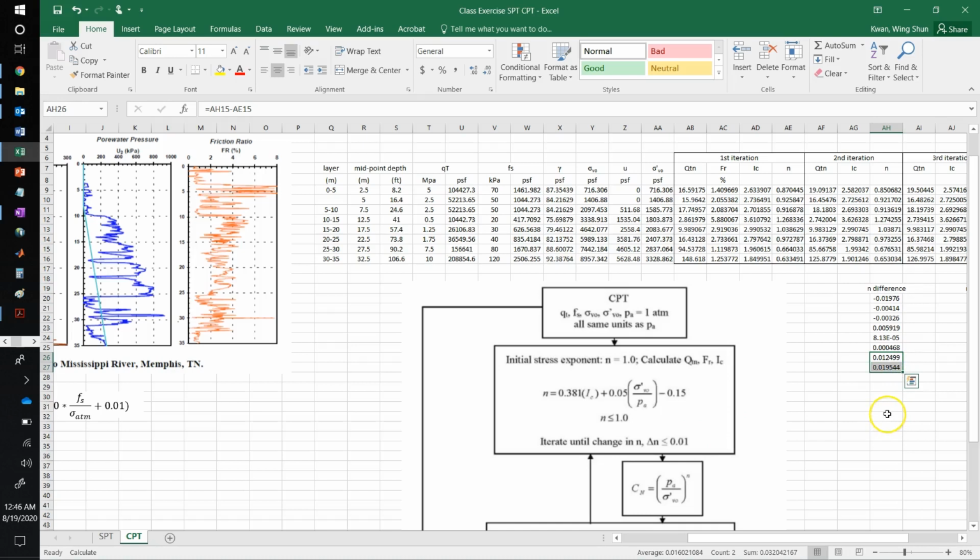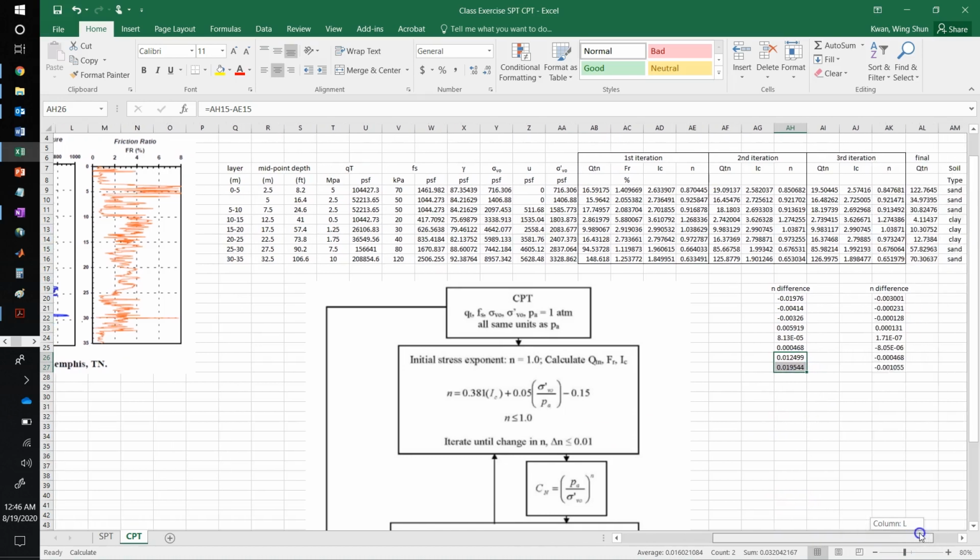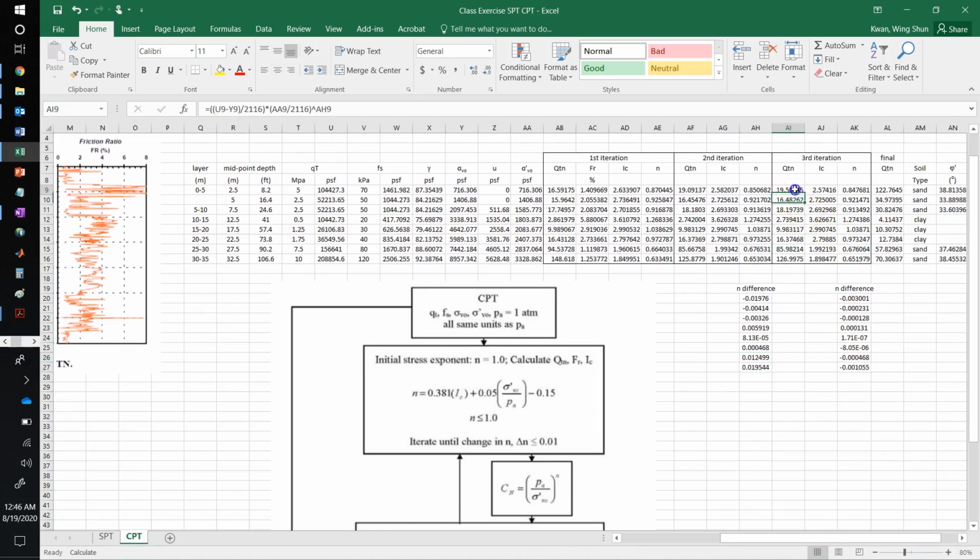And I have some numbers right there that are greater than that, which means I need to iterate one more time. So for my third iteration, I make use of the n values that I calculated from the previous iteration, and with the updated normalized tip resistance, I can calculate the I sub C. And with the I sub C, I can calculate the n values according to these equations again. And the difference between the n, this time I check between the third and second iterations, and all of them are smaller than 0.01, which means